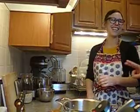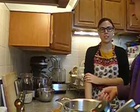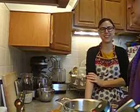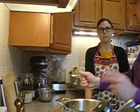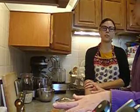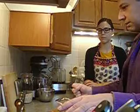Now, there are two ways you can do it. You could do the pastry bag, or you can do it with a spoon. Either way. Personally, I think the spoon is easier. It is easier because you have to stuff the pastry bag and work it through with a spatula. But it's nice if you want to make nice shapes. The shapes come out perfect if you do it right. You have to be patient when you press it through